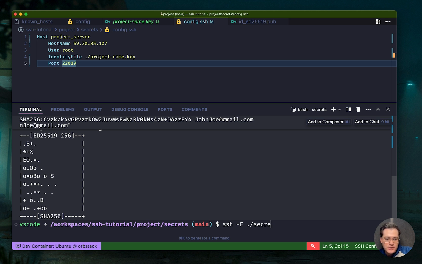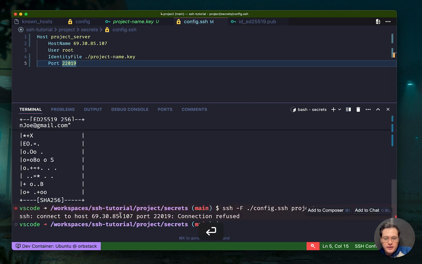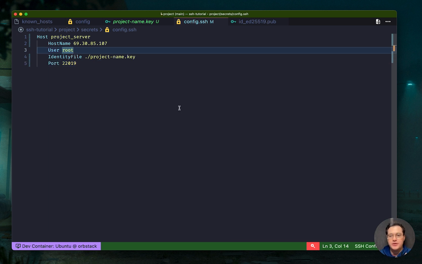So I'm already in secrets, /config.ssh. And then we'll do project server. This is going to give an error because I did not add my public key to it yet. Give me a second. I'm going to go ahead and relaunch a new server. I'll give it a name, and I'll go ahead and put in my public key that I just generated into